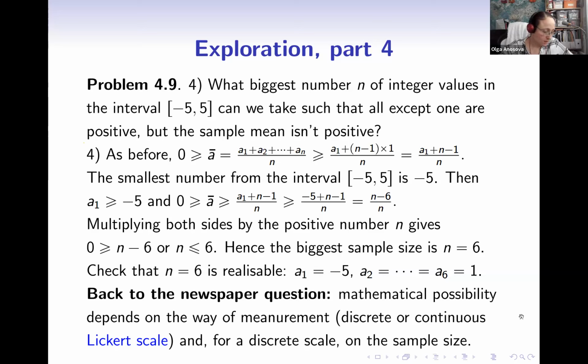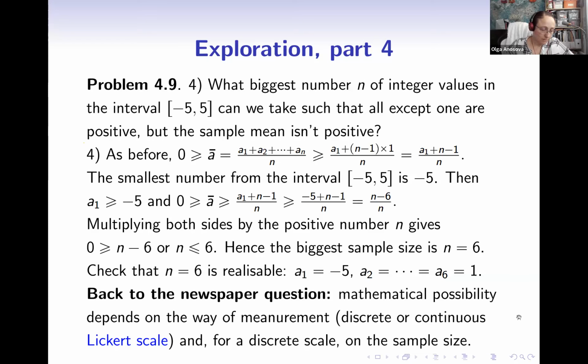And quite often in sociological research, the discrete scale is used. And as we've seen, that can make a huge difference. Using the discrete case of integer numbers is not the same as using a continuous scale with all possible numbers in between. And if the discrete scale is used, the answer depends on the sample size as well. So you see, mathematical apparatus with simple numbers and doing some exploration around it allows us to see the processes behind seemingly obvious common sense and allows us to evaluate it properly.